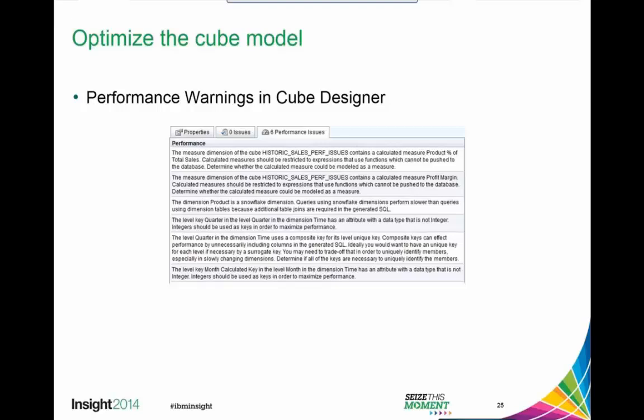So when you're in Cube Designer, you may see several entries under the Performance Issues tab. These are warnings. They're not errors. They're warnings intended to just alert you about some modeling issues that you may have room for improvement. The reason why we have this tab here is because the cube model and anything you define in the cube